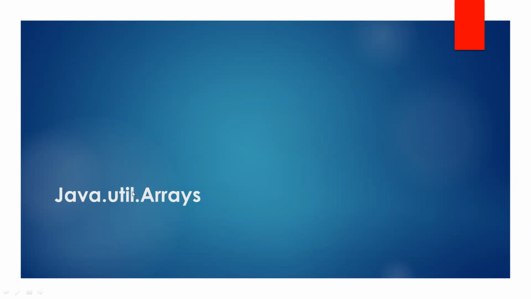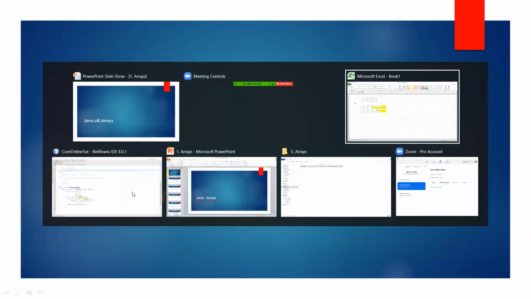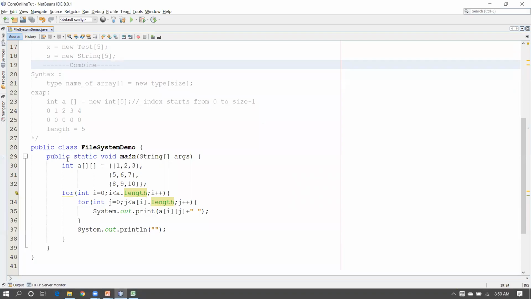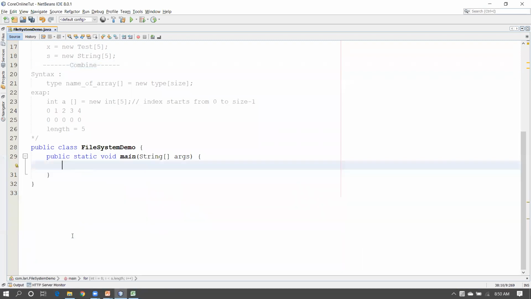If you want to sort the array, then what you will do, suppose come to this part. Where is my NetBeans? This one. Okay. So here is my array integer a, equal to new int with some values, suppose 2, 23, 30 and something. So as you can see, this is not sorted. Okay, this array is not in ascending or descending order. So if this is my requirement, that this array should be sorted,